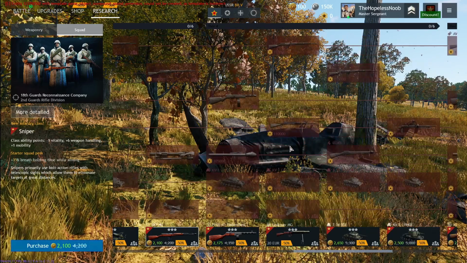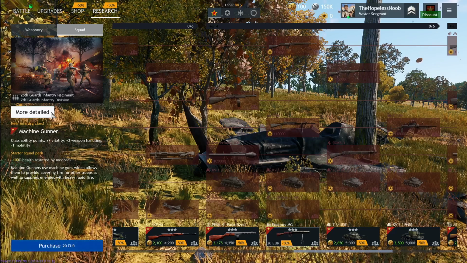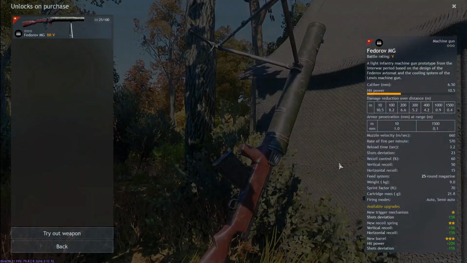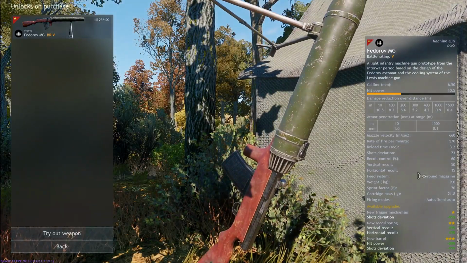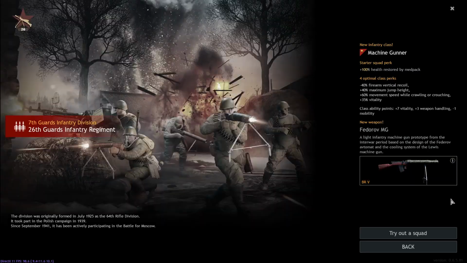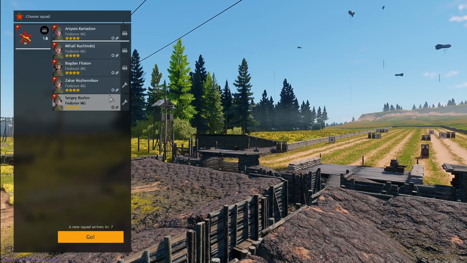Then we get the Fedorov MG. This is a complicated squad, but it's a good squad. Though only due to the recent update for having a 6th soldier. What makes it so good? Well, it's a machine gun that only has 25 bullets. Isn't that bad? Well, this is secretly an overpowered engineer squad. And if you play it this way, you will be very happy. Because if you give it a 3rd engineer, you literally have an engineer squad